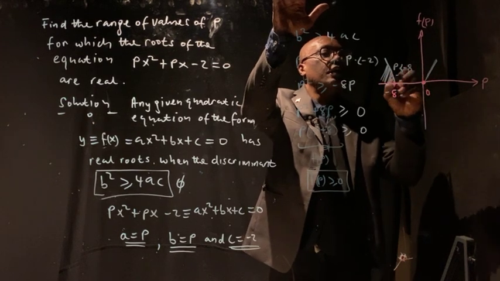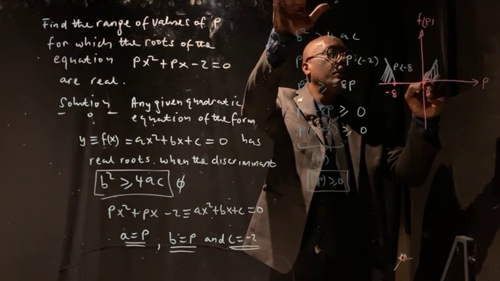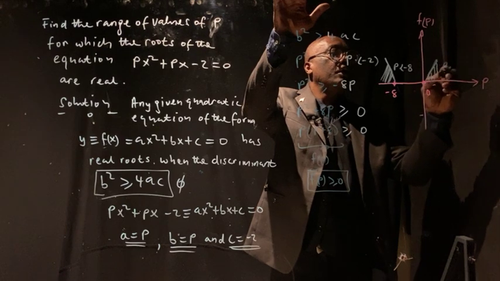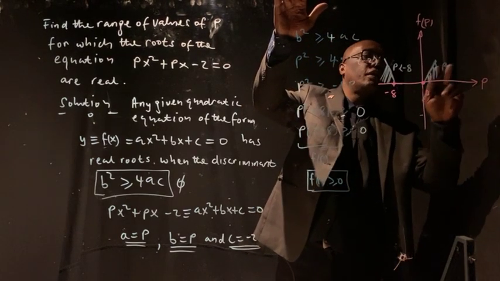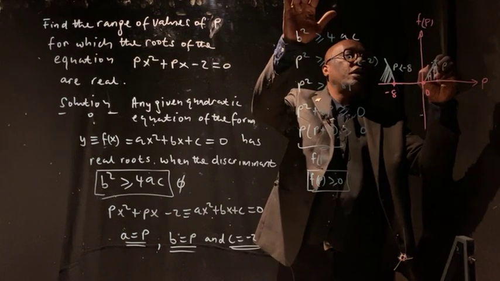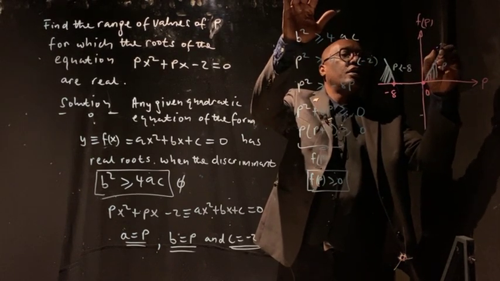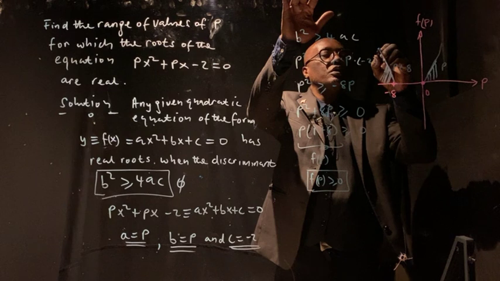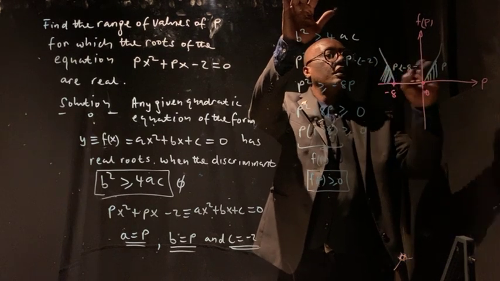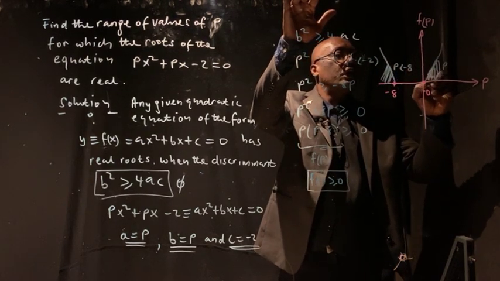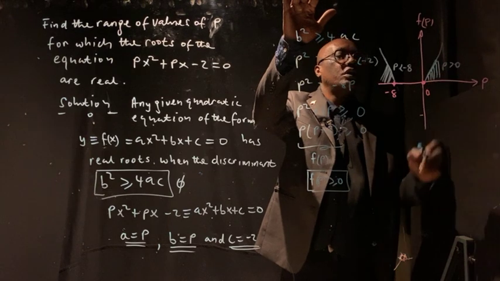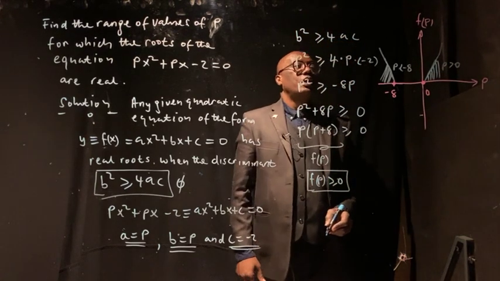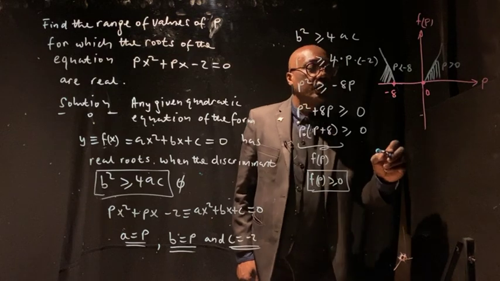And here, p increases as the curve goes this way, decreases. Good. And as the curve goes this way, this one becomes p greater than 0. Good. So the inequality is such that